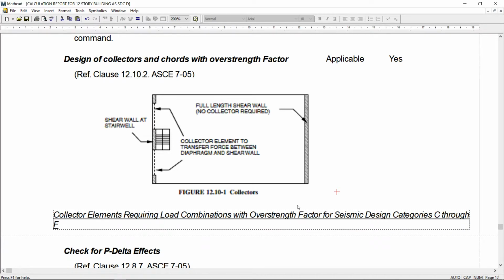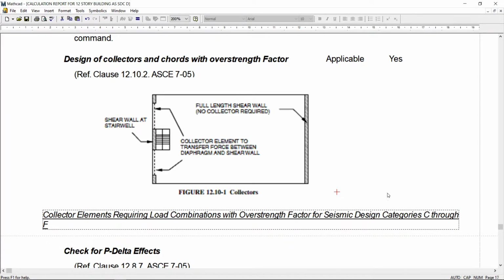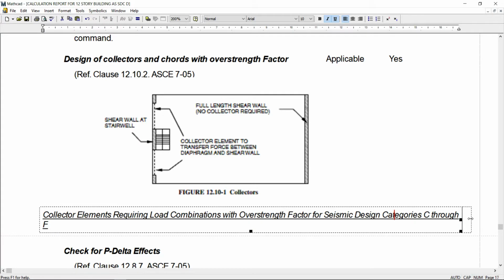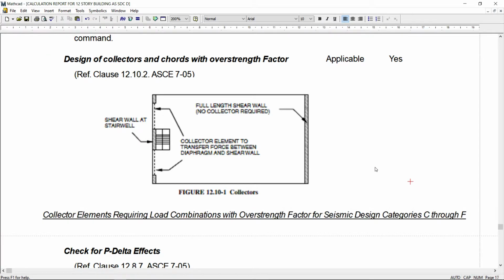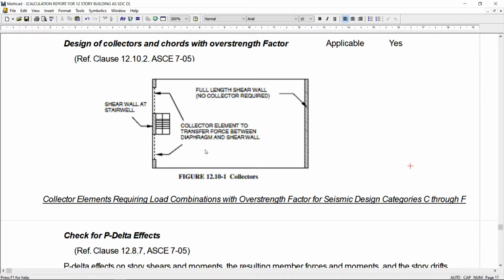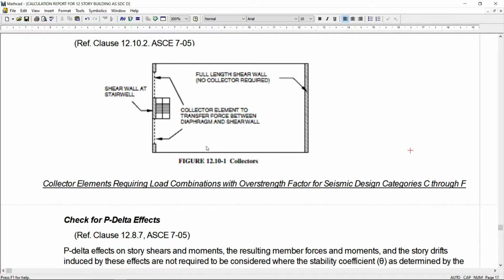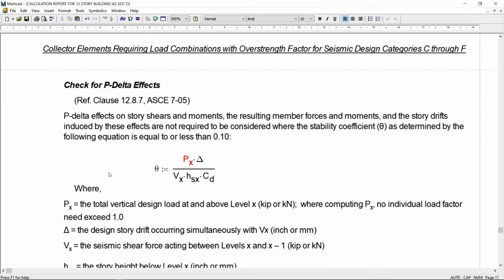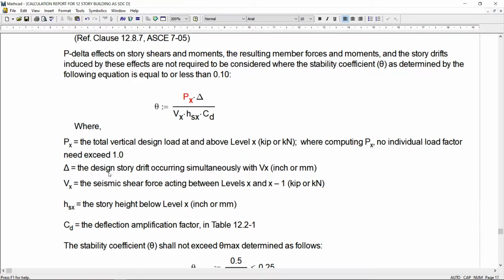Let me show you how it is checked. Like for example, design of collectors. What are collectors? Like for example, this is a shear wall and here are the columns. So the beam which is connecting the column and the shear wall, these are called collectors. So there is a condition that you have to check the collectors, and as per the sections you have to design the collectors also. P delta, of course, for concrete structures you have to consider P delta effect